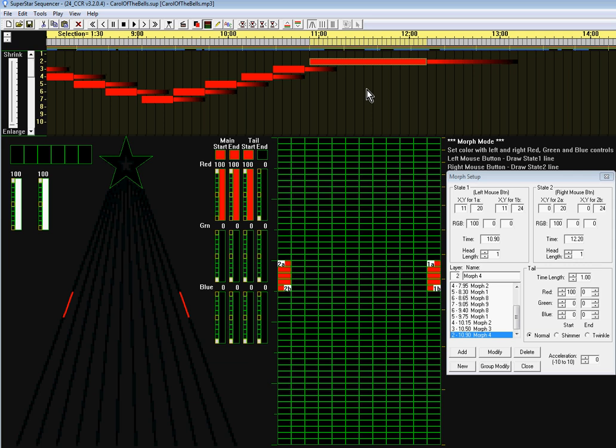Now I'm going to show what the head length means on state 1 and state 2. Right now the head and the tail are both red, so you don't see the head because it is the same color as the tail. But if I make the tail green, click on modify, instead of red, now the head is red but the tail is green. And if we play this,